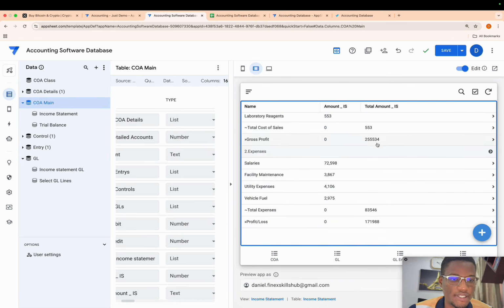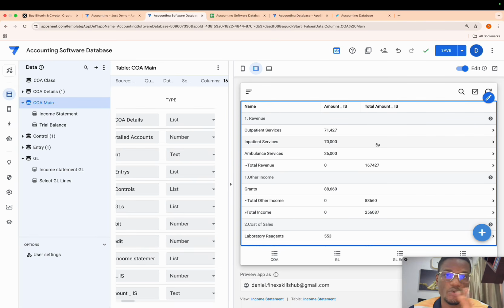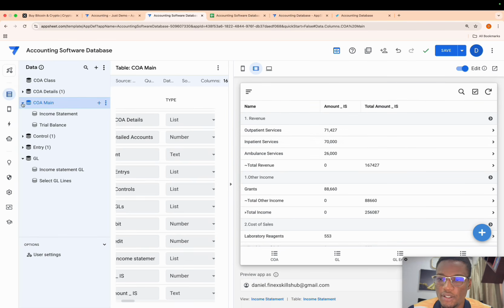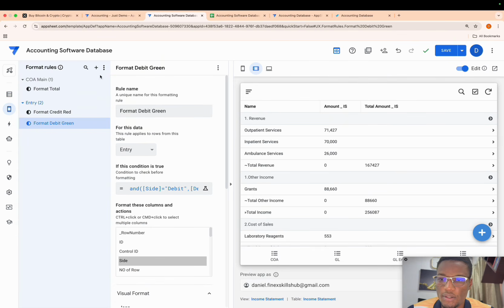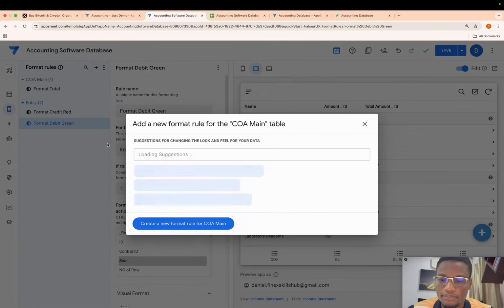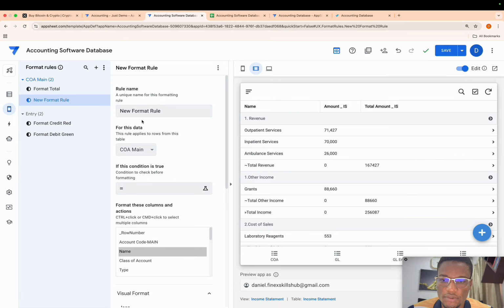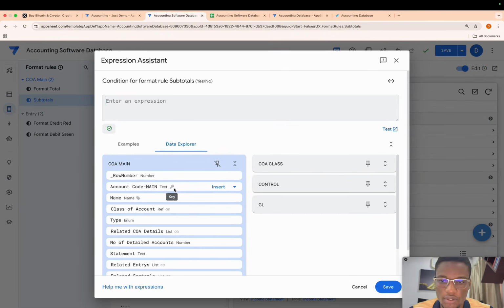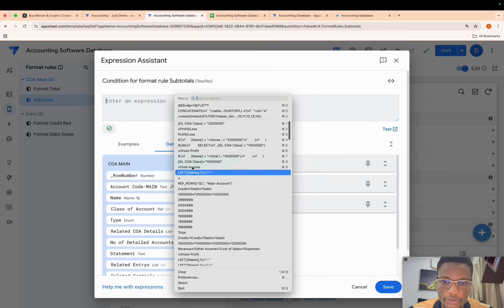Let me just open this in a tablet view. So you have this. Now we're just going to do some formatting over here. I'll come here to format tools. Okay. I'm going to click for the main, create. I'll say sub totals. Good. And then you know the formula we're going to use.